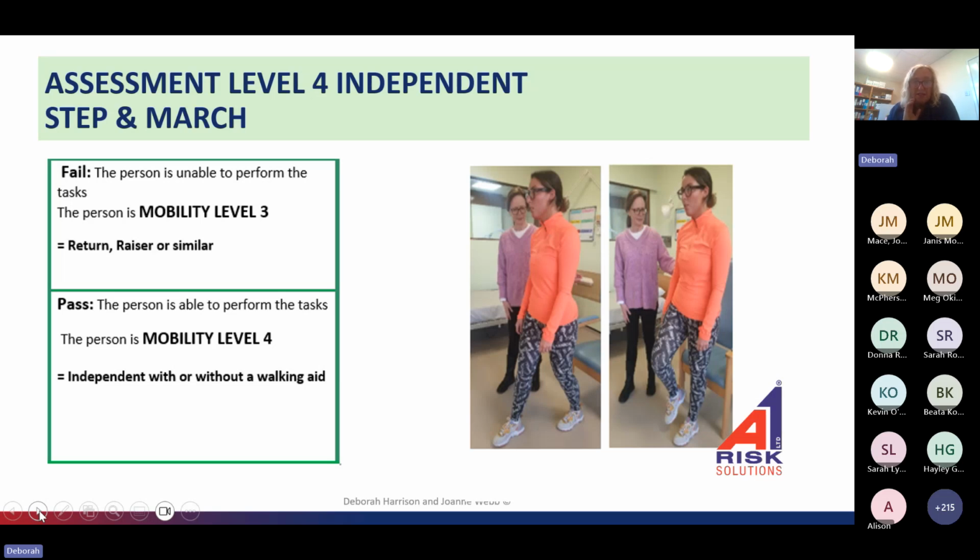So what we want the individual to do is we want them to do it with or without a walking aid, depending on their ability. You may give them a walking aid because they may be a little bit unsteady, but can they step forward and step back, and can they march on the spot? Obviously, they're not going to step forward or march as quickly as you would, but you're looking at, can they use a walking aid here? If they're not able to do that, we're looking at using that non-mechanical stand aid again.